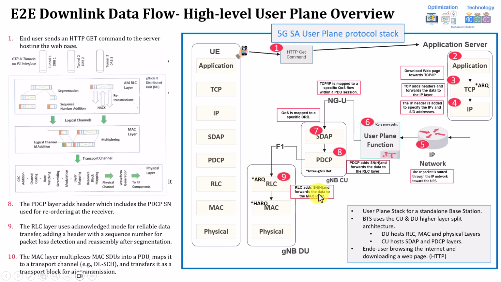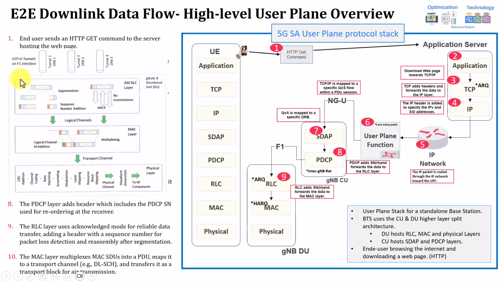So the RLC layer will be adding a header on top of the PDCP, which is coming here. So the further down you go, the more headers you get. So you get the RLC header. Again, it will be adding a sequence number from the RLC perspective, and I will be explaining in detail what it does exactly. It is needed for reassembly at the RLC receiver, and also for multiple other things I will explain in detail here. But it will be adding a header and forwarding the data towards the MAC layer.